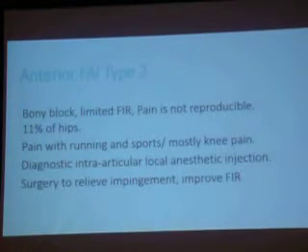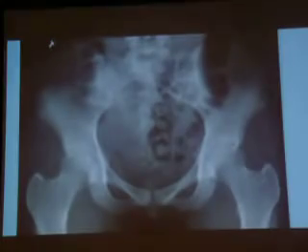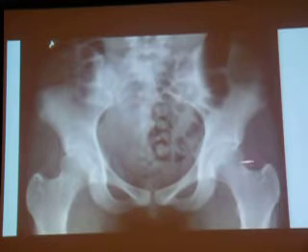at the same time. Type 2 FAI, I told you about 11%. I injected them for the diagnosis. The treatment is the same. The patient has a crossover sign, right? But not that much posterior dysplasia. So I think in this case I felt comfortable and did some rim trimming